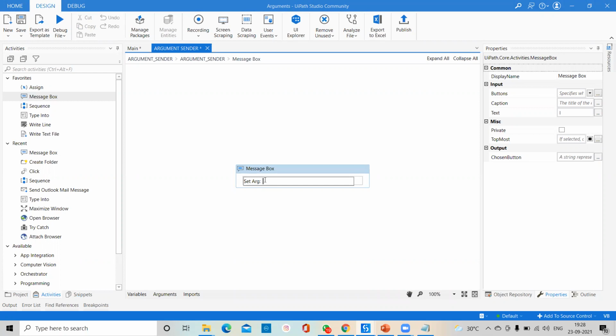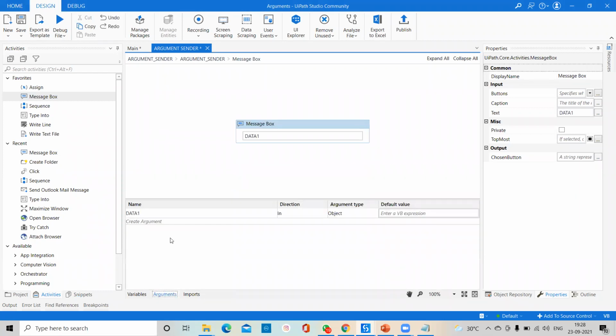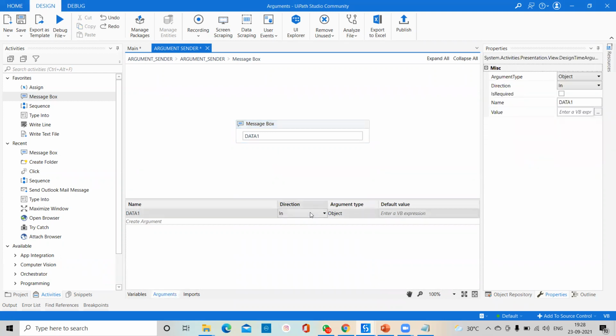Right now I am passing this data1, and automatically it will come as an In direction, so you are able to send the data. I want to send one data and I am taking it as a string. You know that whenever you create any argument, you are not able to send any default data. Default value not supported, you have to understand this clearly.